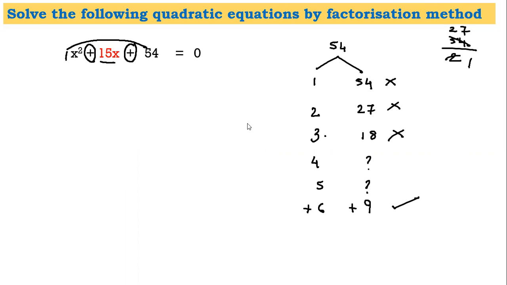Now, why this is called splitting the middle term: the first term and the last term are written as they are. Now, plus 15x will be written as the factors we found out, plus 6x and plus 9x. Now, what happens if you write plus 9x and plus 6x? Nothing happens. You get the same answer. So this is very important. I'll just clear everything that I've written here.